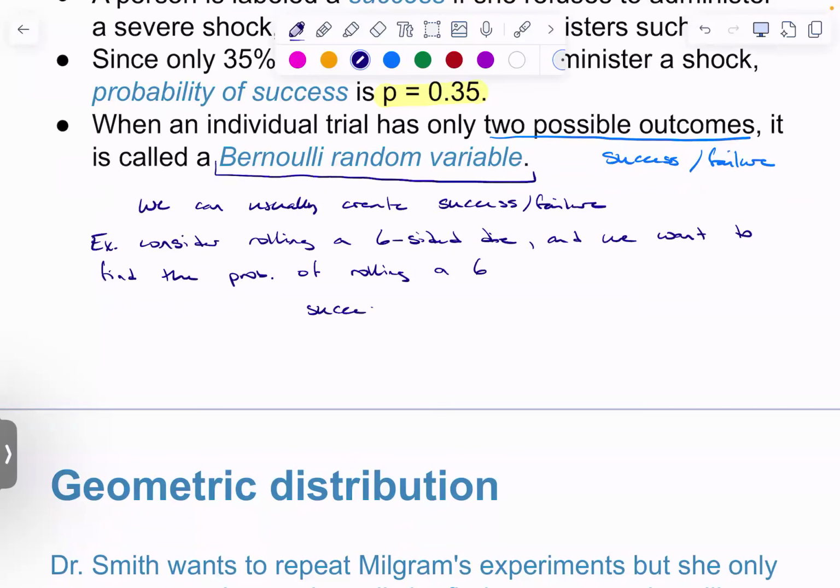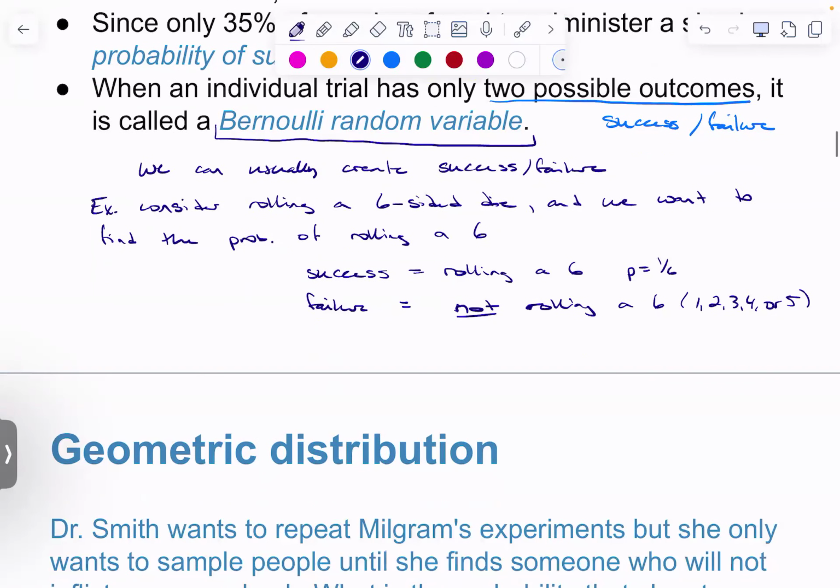Then in that case, a success is rolling a 6, and a failure is the complement, not rolling a 6, which is 1, 2, 3, 4, or 5. All of these would be failures, and you can just lump them into a failure. So now in this scenario, the probability of a success is 1 in 6. And the probability of failure,